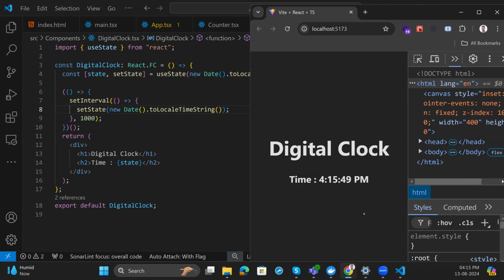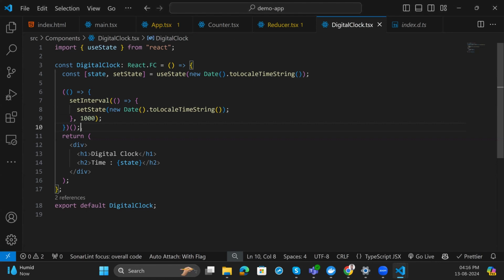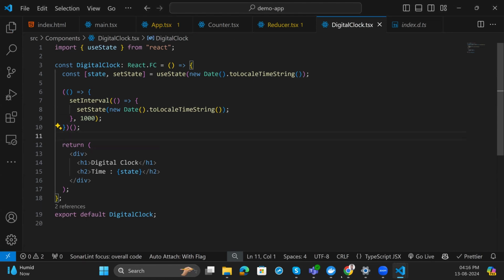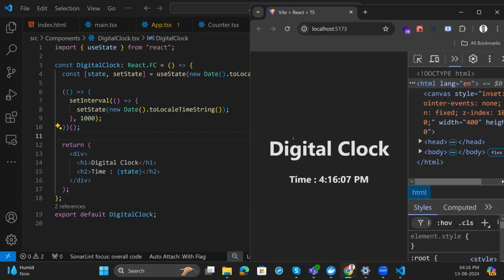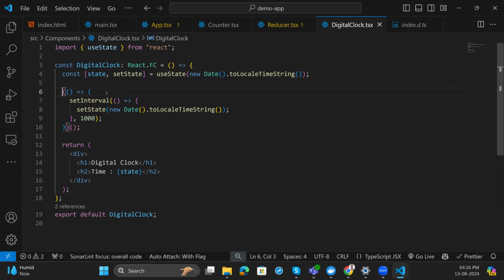But this is not a recommended way in React, even though we can achieve something like this. If you have any question about the syntax or anything, you can ask me and I can explain. I hope this syntax is understood. So how can we do this, and why do we have to use the useEffect hook? The same method I'm going to